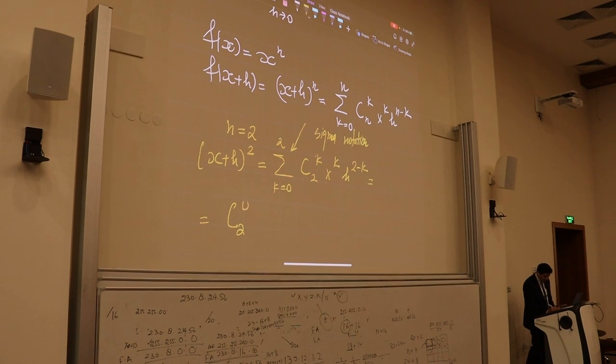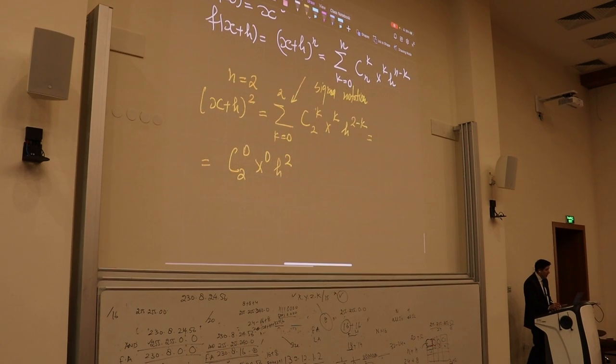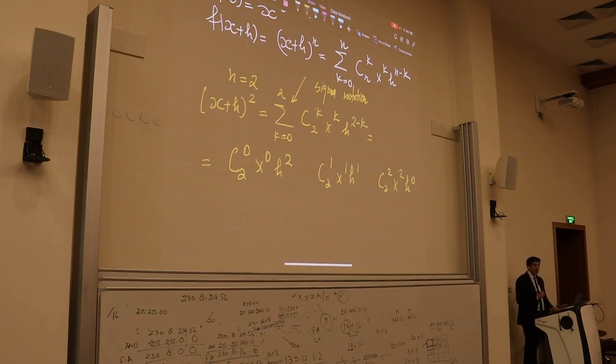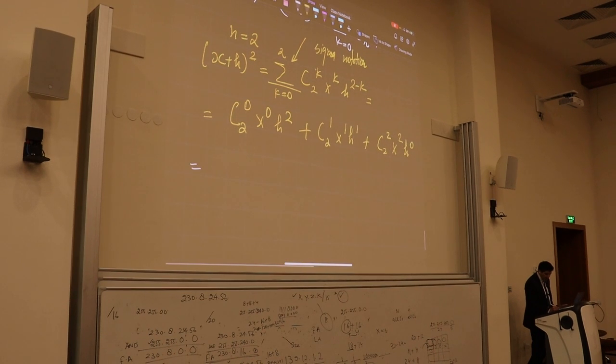C 2 0, x to the power of 0, h to the power of 2. Right? If you substitute k equal to 1, what do you get? C 2 1, x to the power of 1, h to the power of 1. If k is equal to 2, what do you get? C 2 2, x to the power of 2, h to the power of 0. Okay? So then we just need to sum this because there is a sigma notation here. Then we're going to evaluate the C 2 0. It is going to be equal to simply 1 times 1, because x to the power of 0 is 1,